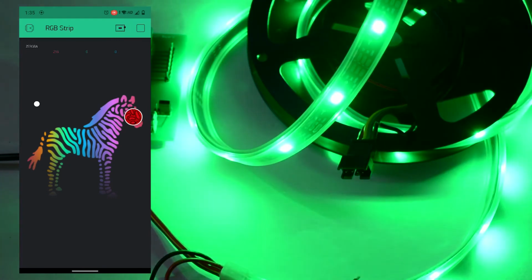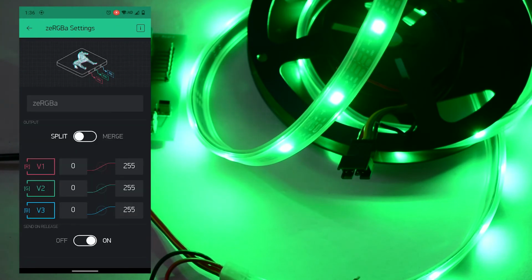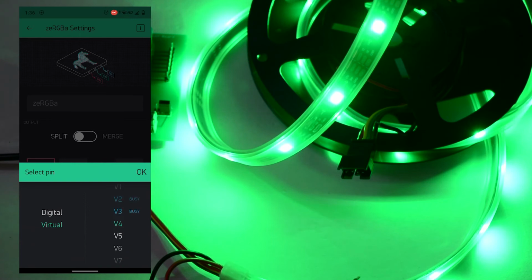If you have got the order of the pixels wrong in the code, that is, instead of having RGB you have got GRB, or instead of having GRB you have got RGB, you need not fiddle with the code again. You can make the changes in the app itself. Just tap on the widget again, go back to the screen where you set the pin values, and now change the pin values.